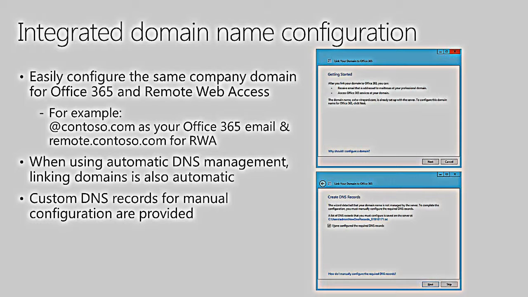And the most common way that you'd see this in the local environment is through remote web access. So users can access the server remotely through their web browsers at remote.yourdomainname, whatever it is. And you want to have that same web address be used for your email. So typically, we use contoso.com as our example, so you might open up your web browser and go to remote.contoso.com to access remote web access, and then you might have an email address that is terry@contoso.com or whatever the case may be. And so synchronizing